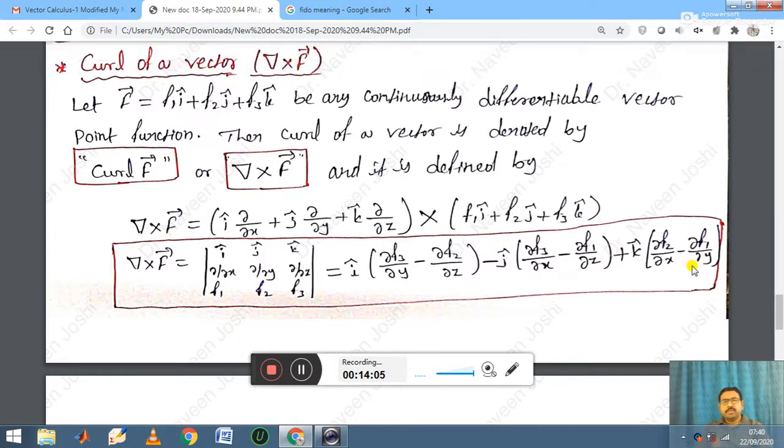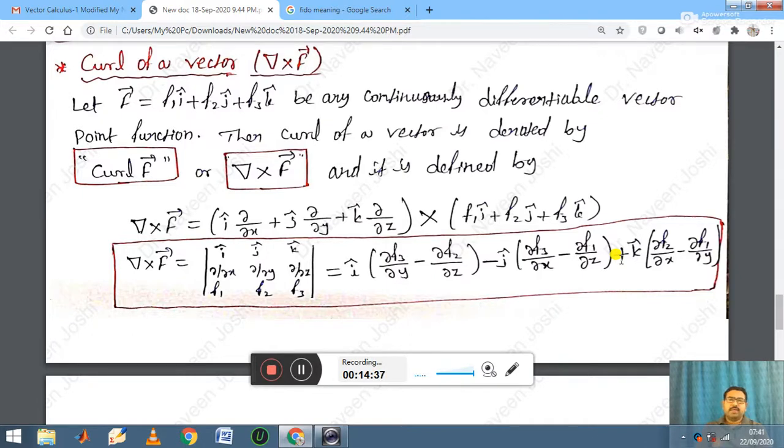Here, when you are finding the curl of a vector, the curl of a vector again gives a new vector. Divergence of a vector gives a scalar quantity, that is a number, but the curl of a vector gives again a vector. That is the concept here. Now, del dot f equals 0: if the dot product of the differential operator and f equals 0, then it becomes the definition of solenoidal.